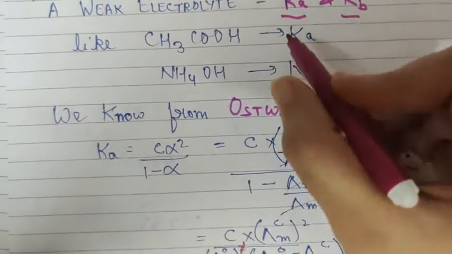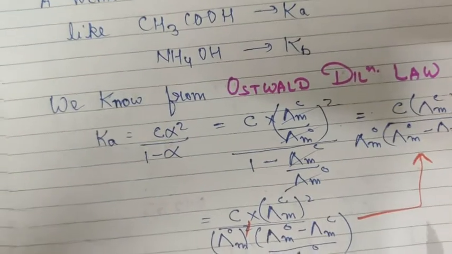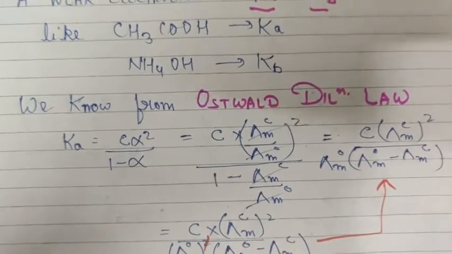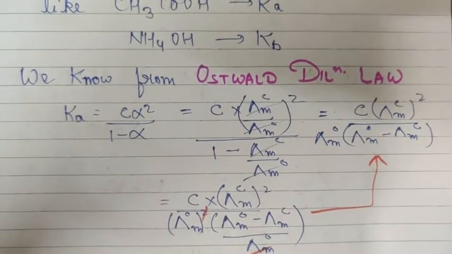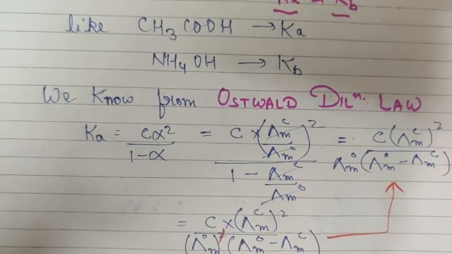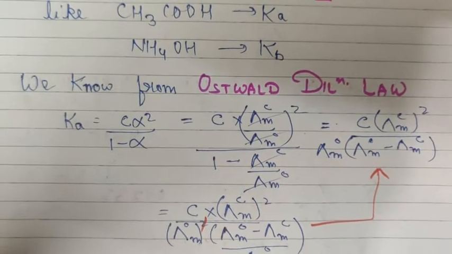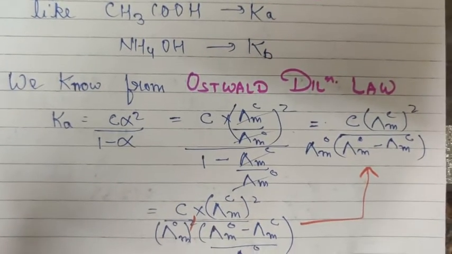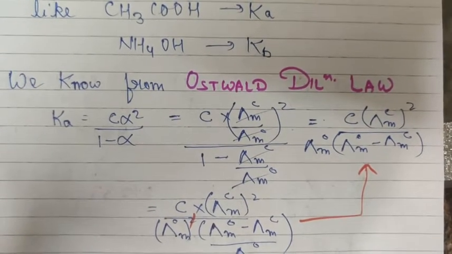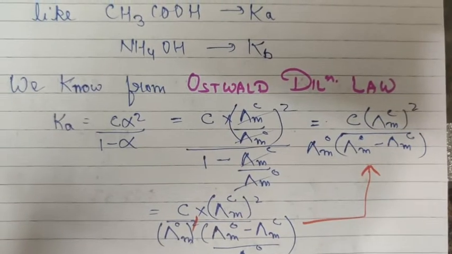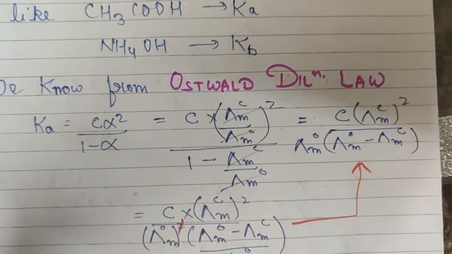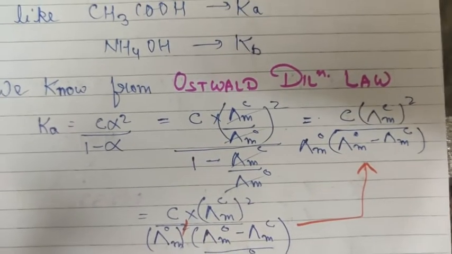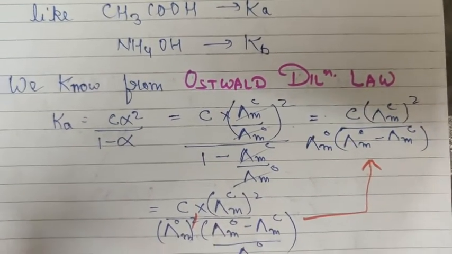Now moving further, to find the value of Ka, the formula for Ka. Children, in chemistry, you do not get derivations in your exams. You won't get any derivation to derive anything. What you need to remember is the formula. If you know the formula, you can substitute the values and reach the answer. So this is the important part, that you need to remember the formulas.